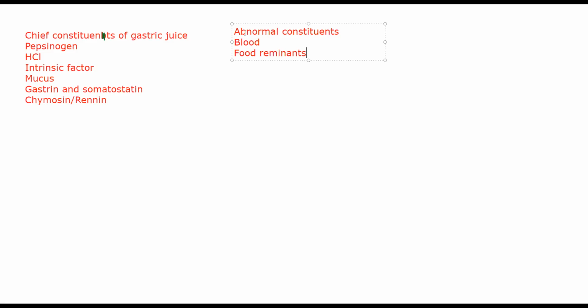Then food remnants are abnormal in that sense after a long period of time. Or a large quantity of mucus or bile. If there is bile, it generally represents a reflux disease. One of the sphincters, the pyloric sphincter, is not working properly, because of which bile might be refluxing into your stomach. It should not. That is abnormal.